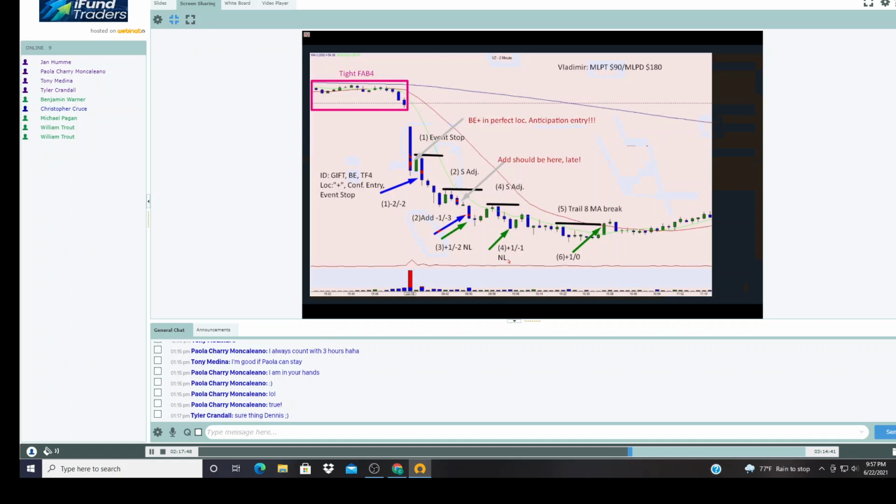Okay, then we move on here, and this is a pullback here, because now we're really pulling back. Here we're not pulling back, we're just moving sideways, right? But here we're pulling back, and we have 3 bars in the pullback, which is great. As a matter of fact, there's an add here. You don't have to take it because you already had an add here. Oh, sorry, you do have to take it because it's the first pullback.